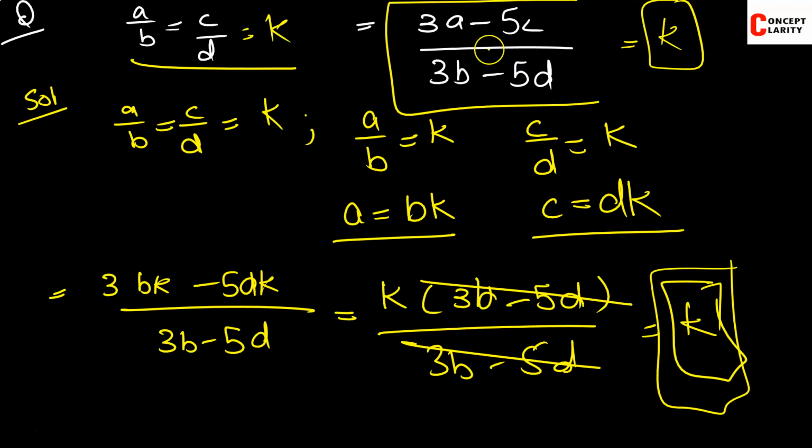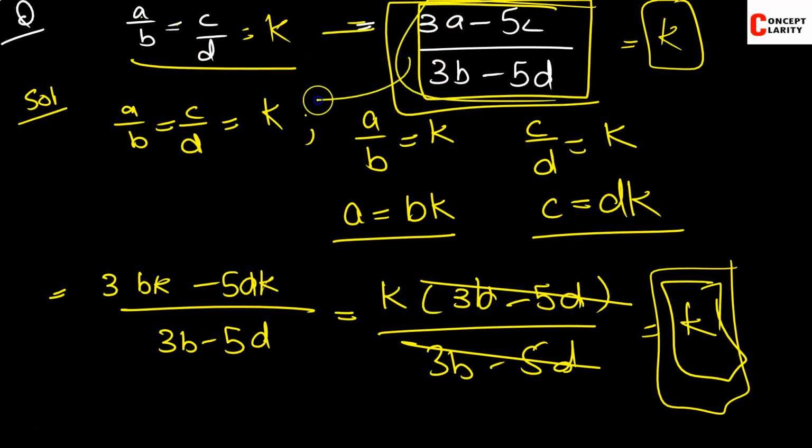What you have to do exactly is prove that this also comes out to be in an equal ratio, that the ratios a by b equals c by d are equal to k. So we have to prove this is equal to k only. So indirectly this entire equation is equal to c by d, or it is directly equal to a by d. Okay, now let's do another question.